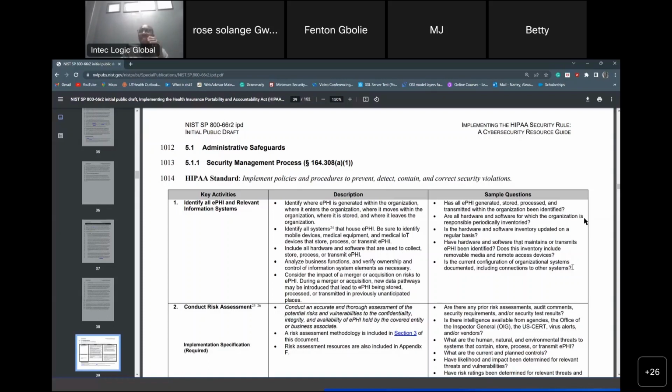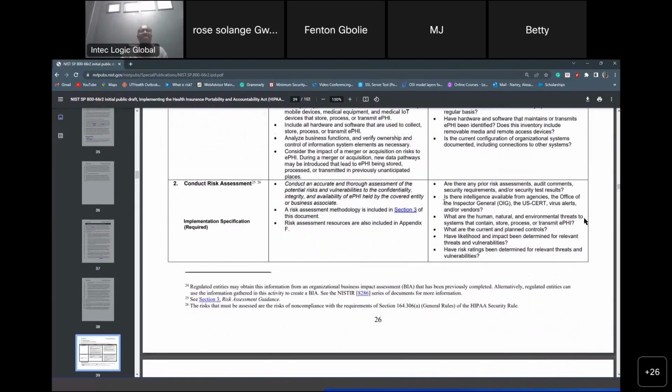So if they ask you, say, we need somebody who can develop a HIPAA security program for us, do some kind of assessment, the questions are here to be a guide. So you can see, are there any prior risk assessments? So for your assignment,